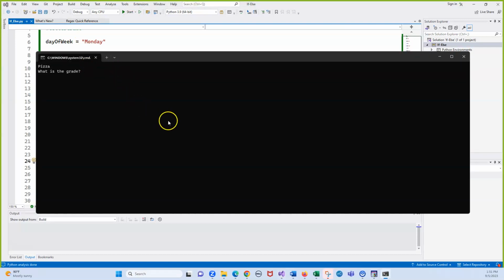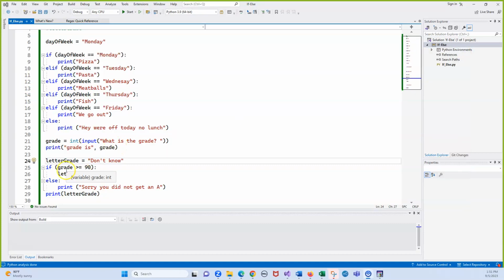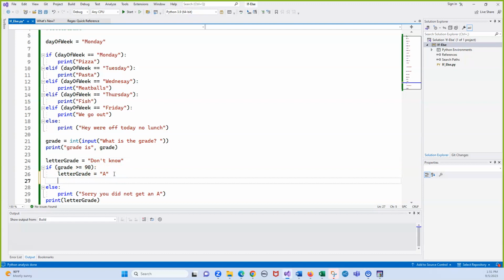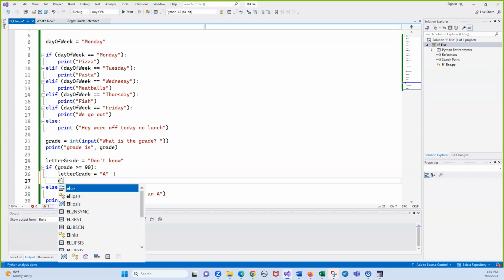And what is the grade? We'll do 89. And it says, sorry, you're not great, and get no. So we're good now. So the next thing we need to do is check to see if it's above 80. So let's just do elif